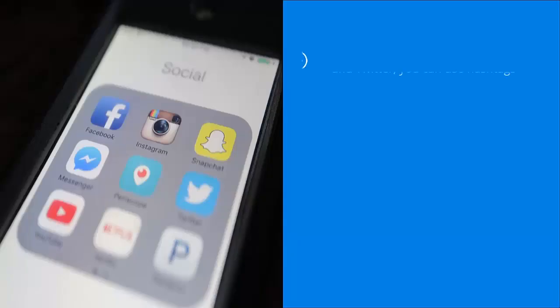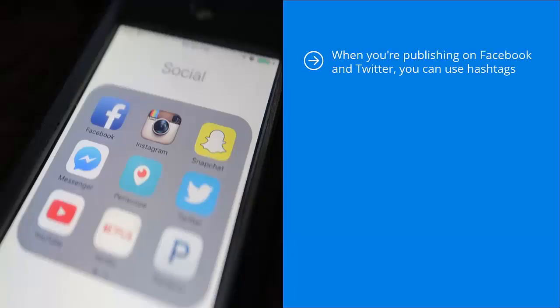Scale up your targeting. When you're publishing on Facebook and Twitter, you can use hashtags. This is definitely true with Instagram. Regardless of the platform you're on, make sure you play around with how you categorize or tag your content. In any niche, there are many different tags available. Experiment with these. See which tags get the most attention from the social media platform you're sharing a piece of